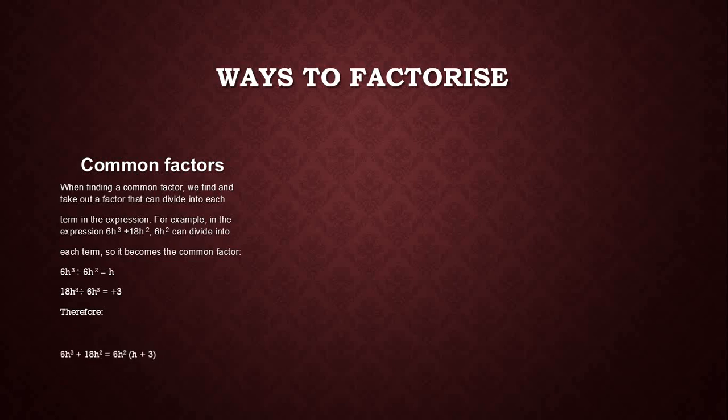Therefore, 6h to the power of 3 plus 18h to the power of 2 is equal to, you take out the common factor which you have already found, 6h to the power of 2, open bracket. How to get this? What is it that I can multiply with 6h squared to get 6h cubed? Simple. h. If you multiply this, you're going to get 6h to the exponent of 2 plus the 1 which is here, and you're going to get 6h to the power of 3, plus